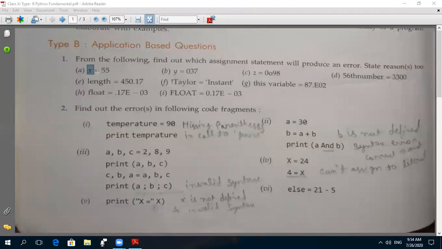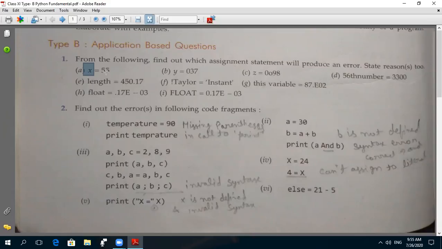We know the concept of L value and R value, left side, right side, that we studied. On the right hand side, there is always a constant or expression, and on the left hand side always a variable. So 55 will be stored in variable x. That means there is no error.